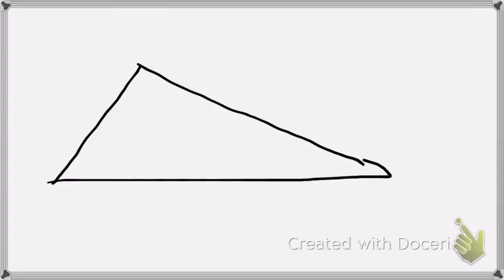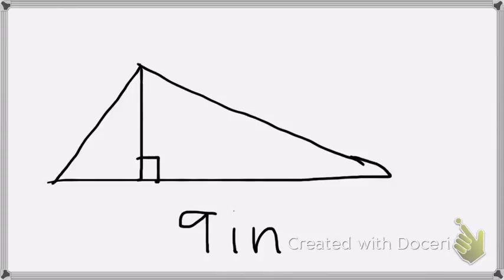So let's try that triangle again, or a triangle similar to it. So we have this triangle here. I'm just going to say that this bottom part is 9 inches, okay? And then I'm going to say that this height right here is 3 inches. So it doesn't matter what length this is or what length this is. So I'm going to do